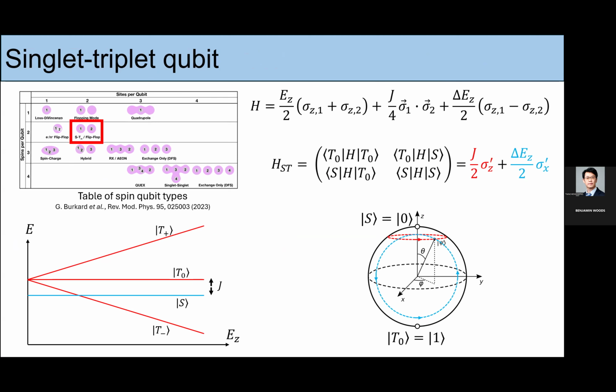And to do that, I need to have some interaction, some coupling between my triplet T0 and my singlet. And you can do that by putting some magnetic field gradient into the system, meaning that the left dot experiences a slightly different magnetic field than the right dot does. If you do that, that will cause an off-diagonal coupling between our singlet and triplet, and that gives us the corresponding coupling in the X direction that we need. So now imagine that I turn off the exchange, then my system will undergo normal oscillations about the X-axis